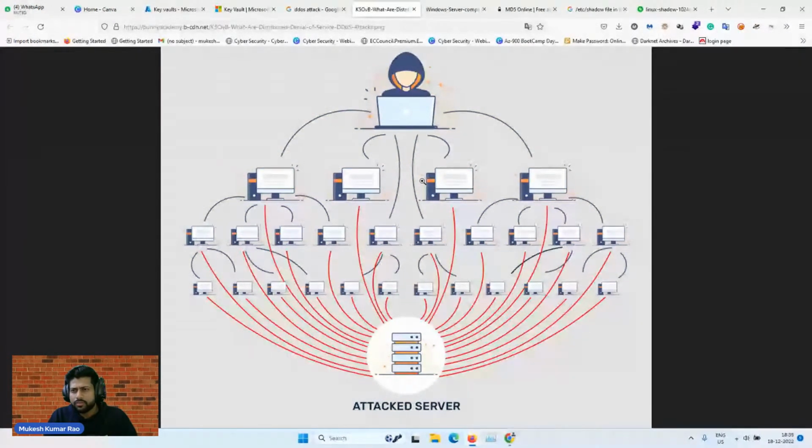Now, a DDoS attack cannot be done by an individual person, and this is not our motto. This is for large-scale business. Let's suppose we want to shut down some business website, or we have a competitor, business to business, brand to brand. There we actually perform this kind of activity.